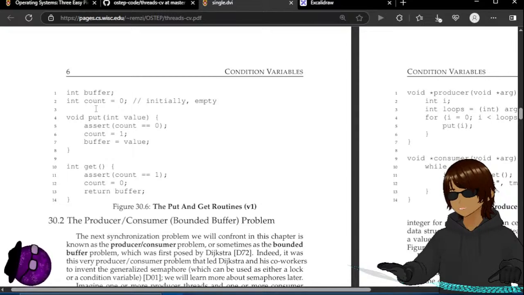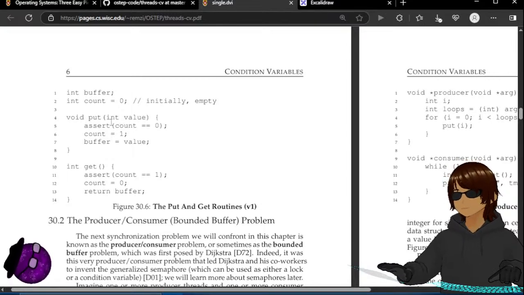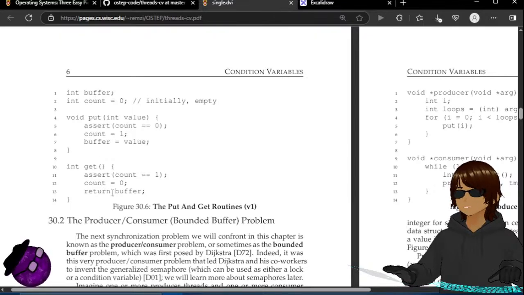So buffer, counter. We have a value. We put that in the buffer. Count is one. We assert count is one. We make it zero and